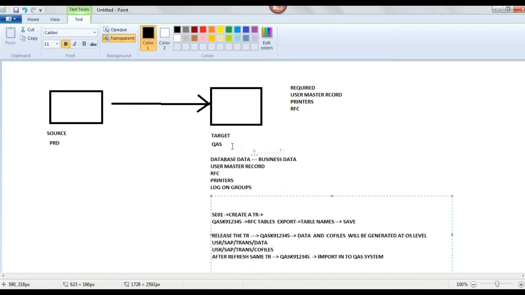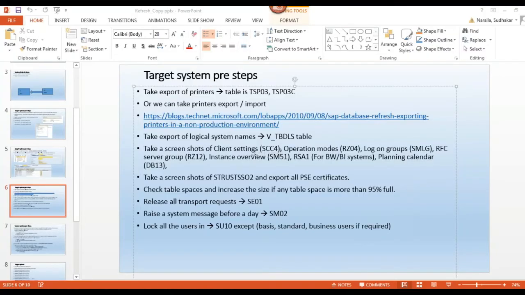What system refresh steps they have defined, those steps only we need to follow, because one client has separate standards, another client will have a different method, like scripts. They will provide scripts, you need to execute the scripts only, or they will give you some standard method, means steps given in one document, Word document or Excel sheet. You need to follow the document.